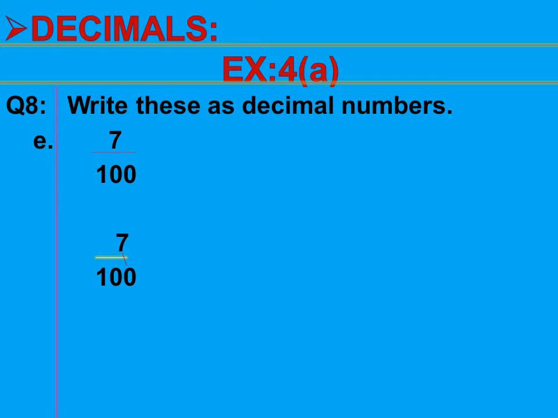Now dear students, we have no digit left in the numerator to replace the next 0. So what will we do? We will just write this 0 as it is. And then we will move to the next digit in the denominator. Next we have 1. We will replace this 1 with a point. And making this point prominent, we will write the answer as 0.07.